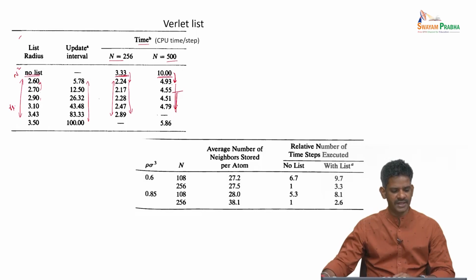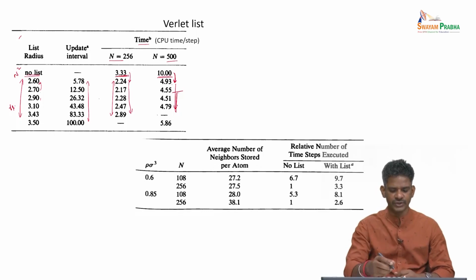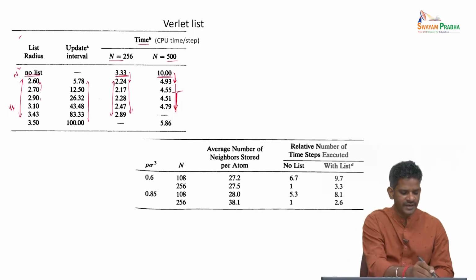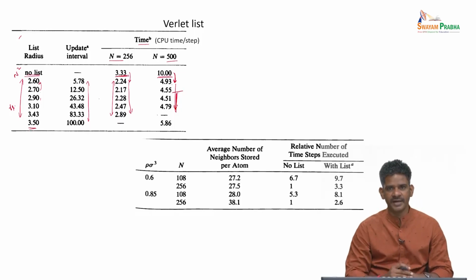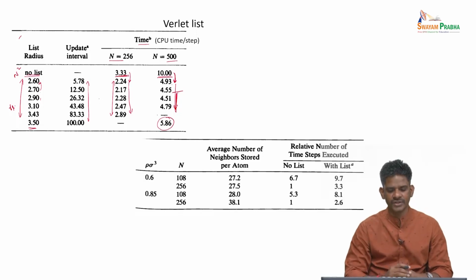If you increase this R list too much, then we have too many neighbors which are not significant in calculating the dynamics, but still we are bookkeeping them, and that leads to an extra computational cost. You can see that, for example, if you go to 3.5, which is quite a high value of list radius, the time taken per step is increasing again. So it means in the Verlet list there seems to be an optimal list radius at which maximum computer saving is